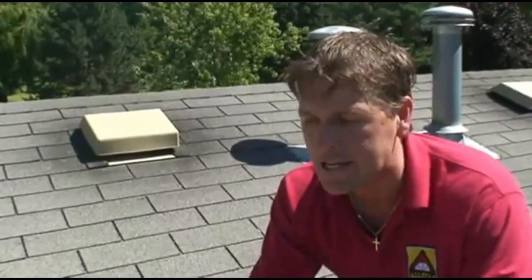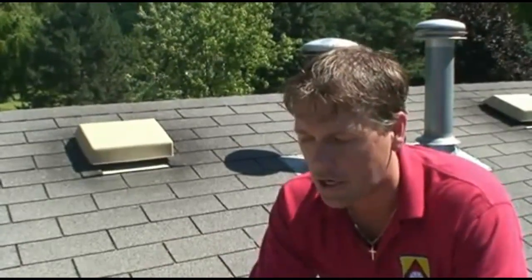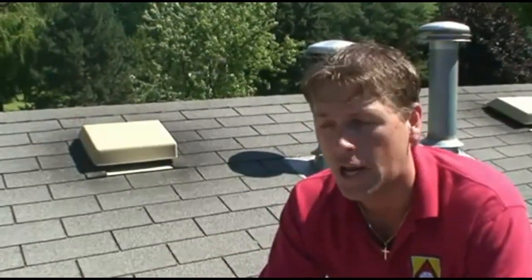Folks, the one area on the home that hail does the most damage to is the shingles. And it actually shortens the life of the shingles considerably, and yet it's the hardest place to see hail damage. When hail hits the shingle, it does what we call bruising it, or puts a divot in the shingle. That's often hard to find, but over time, as we go through the seasons, that divot starts to break down, and as moisture infiltrates underneath the granules of that shingle and starts to break the glue down,